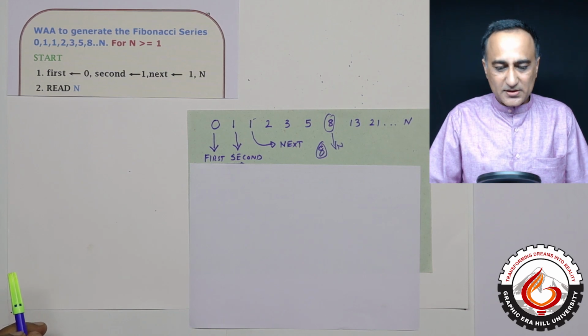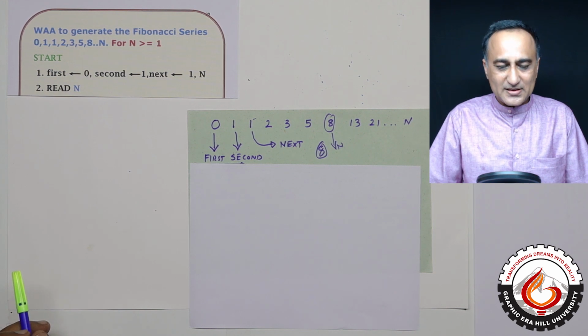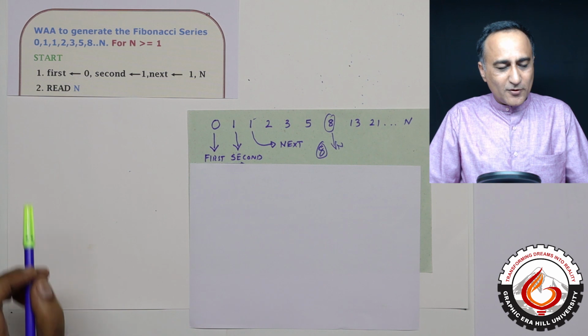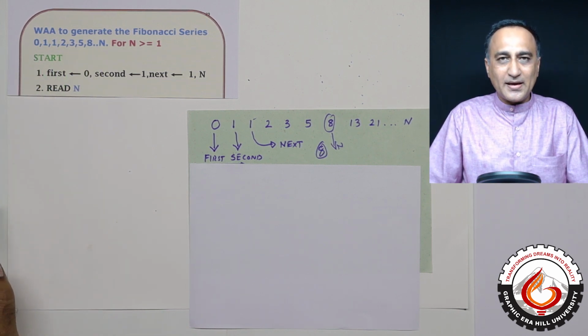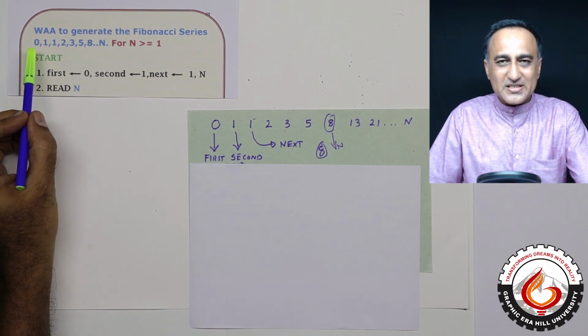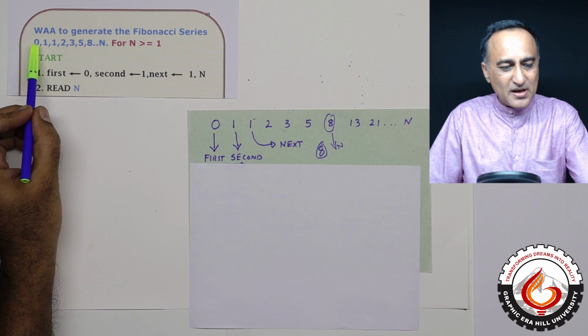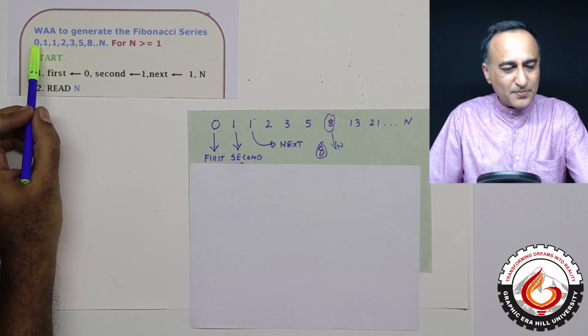Fibonacci sequence. So this algorithm, we're going to talk about how to generate the numbers of the Fibonacci sequence. If you look at this particular pattern here, this is known as the Fibonacci sequence. The starting numbers of this sequence happen to be 0 and 1. The next number 1 is the sum of the previous two numbers.